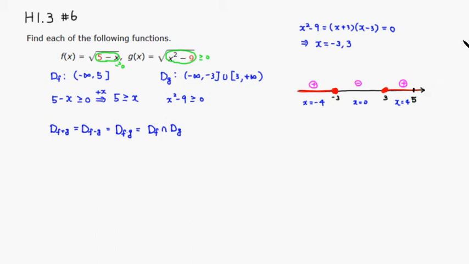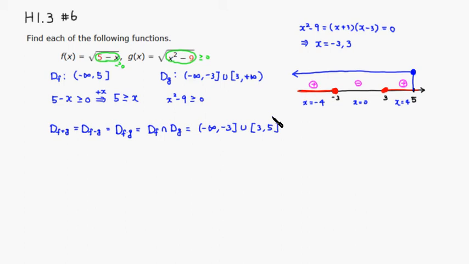Then we want to intersect that with, so I have to use a different color, so I'm going to use blue. So it's going to start from here and down. You can see that there's going to be an intersection. The intersection is going to be 3 to 5 and less than or equal to negative 3. So this intersection would be negative infinity to negative 3 including negative 3, and between 3 and 5,